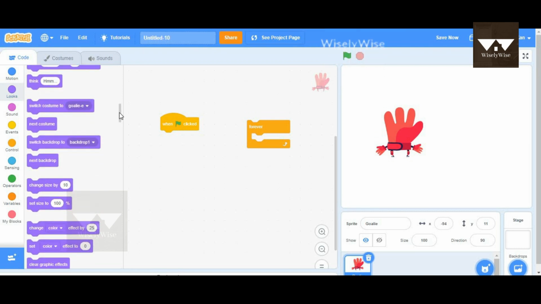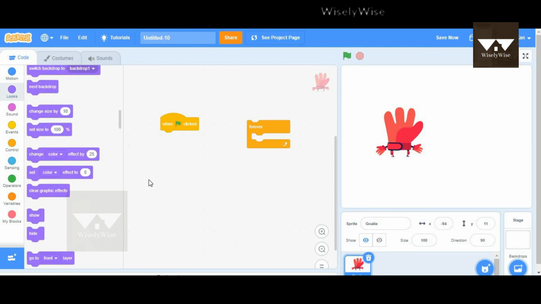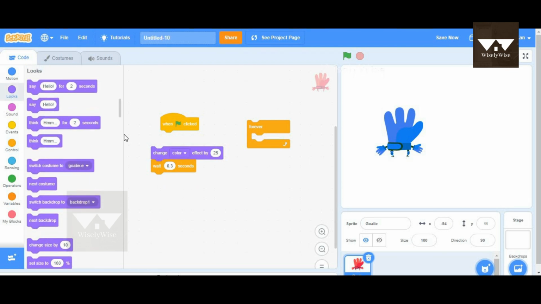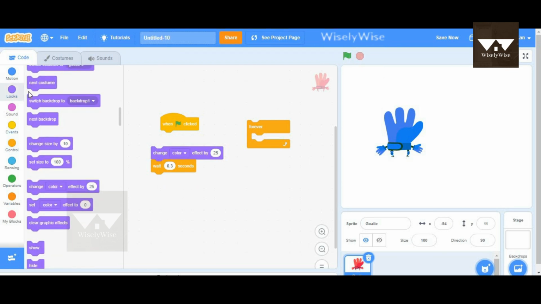the forever loop. So I'm going to go to looks and take the block which is change color effect by 25, which actually changes the color of the entire sprite. It's cool, right? Now we can actually add a wait block to it with maybe like 0.3 seconds, and then to make it look more and more interesting, we can just add a next costume block like this, so that